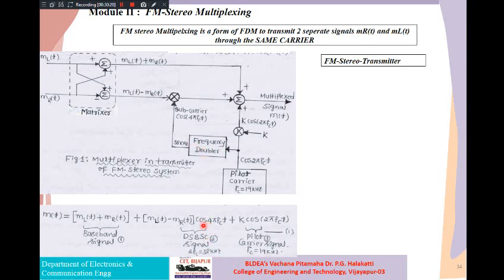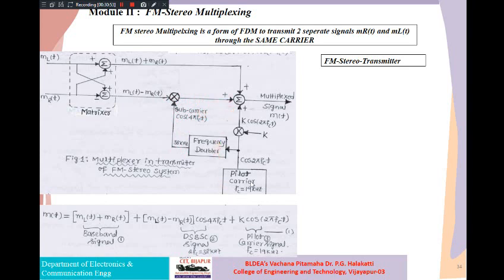If you multiply these two, normally you are going to get the DSB-SC signal, which is tuned to 38 kilohertz here. So 38 kilohertz we are using here as the tuning frequency for your DSB-SC, now to suppress the carrier. That's why we are going to use the frequency doubler here. This one is going to tune and is able to suppress the carrier, so that we are going to get the DSB-SC signal here. Okay.